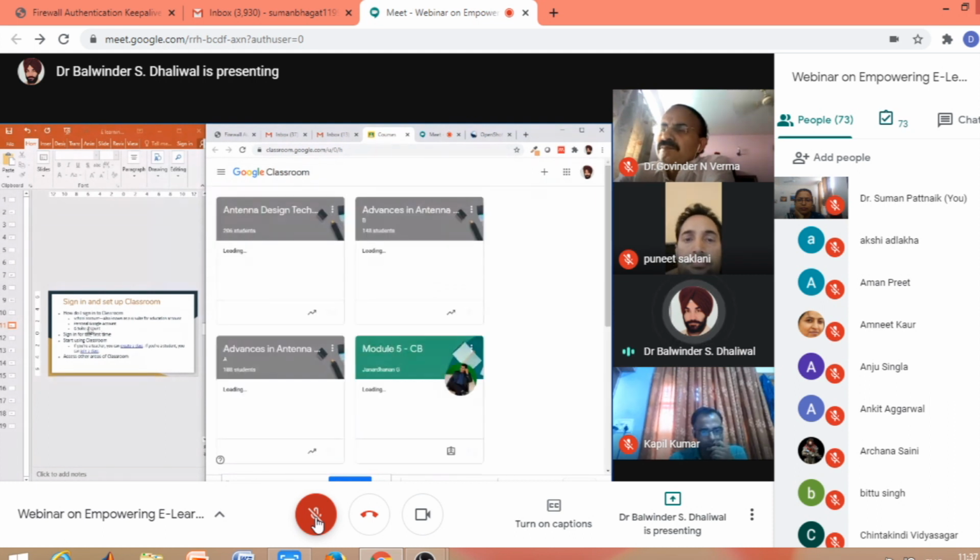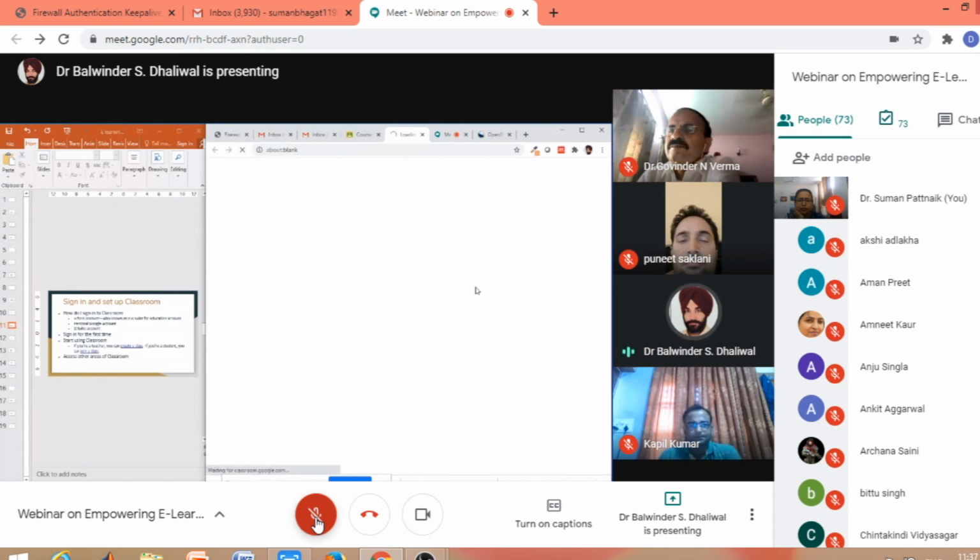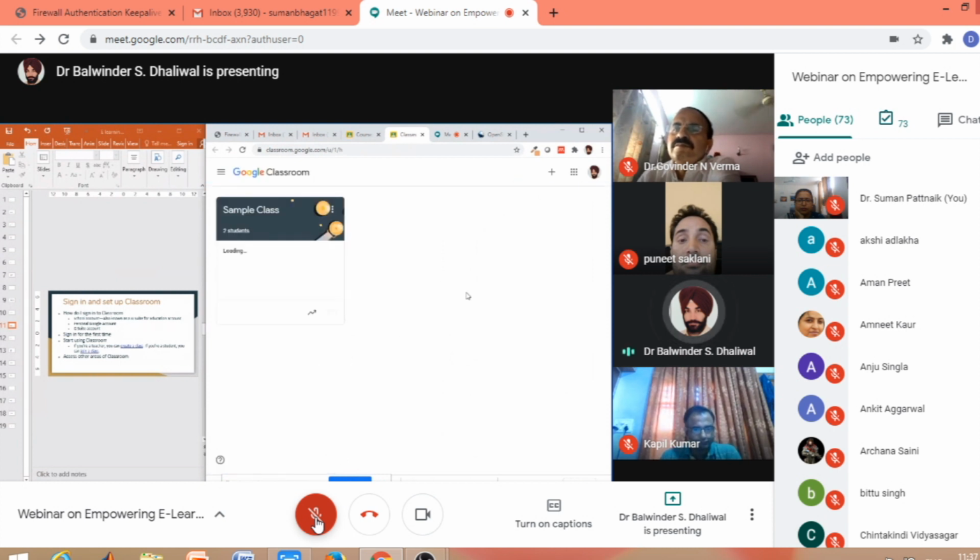So there are different options for how to sign into Classroom: school account or college account, then personal account or G Suite account, which is a professional account. This Classroom page has been opened using the second account. So let me open this with my professional account. When we sign in the first time, it will ask for the Google Gmail email ID and password. After entering that, we'll be at classroom.google.com. So we'll have this type of page.